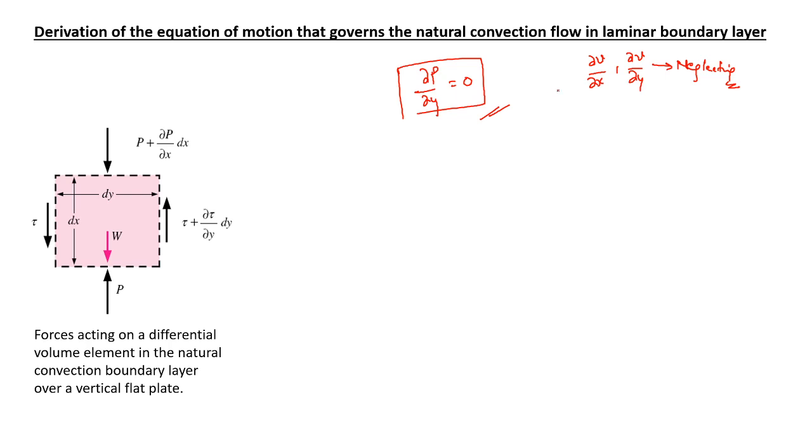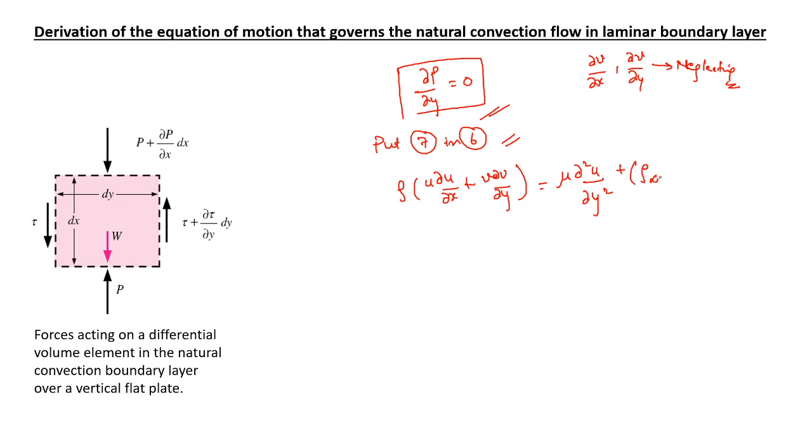Now put equation number 7 in 6. From the last slide, put equation number 7 in 6. We have ρ(u ∂u/∂x + v ∂u/∂y) equal to μ times ∂²u/∂y². And remember, we are putting this in equation number 6 and making some modifications and rearrangements. Plus (ρ∞ − ρ)g. Let's say this is equation number 8, and this is the net